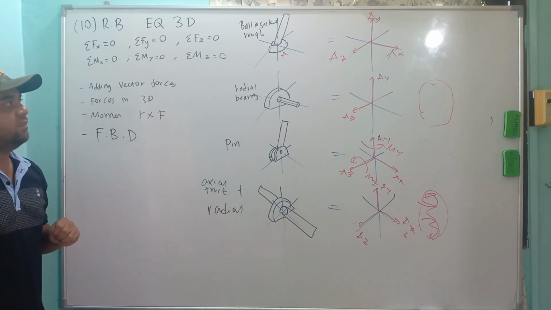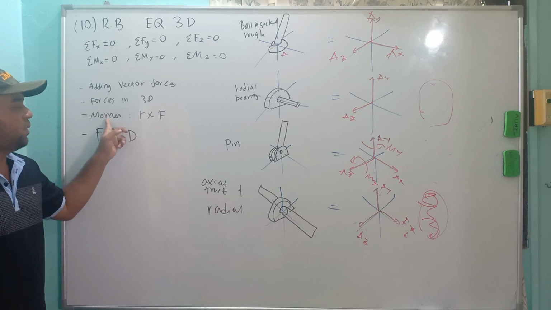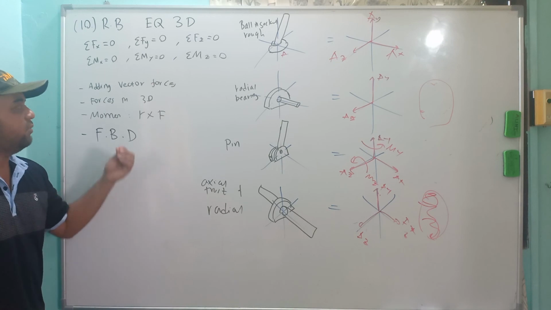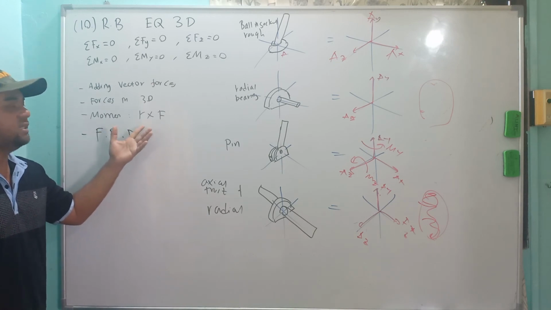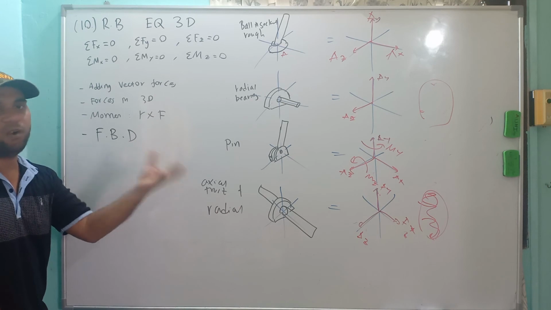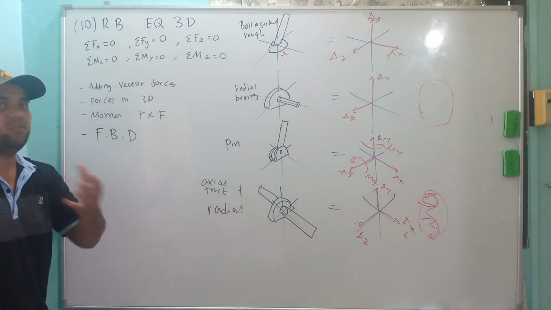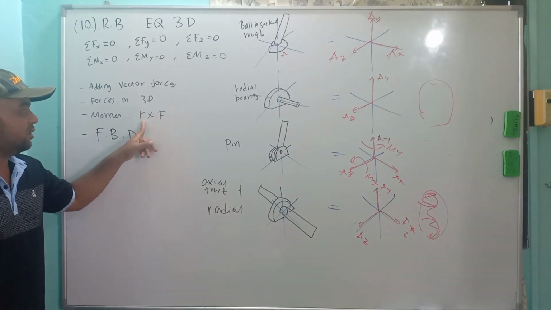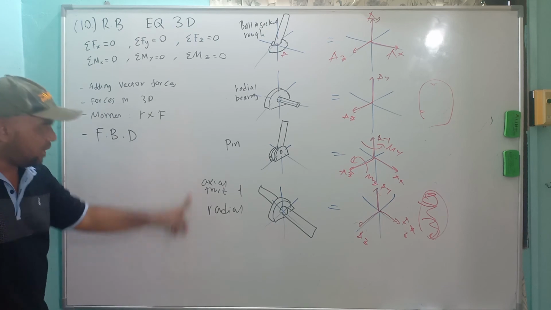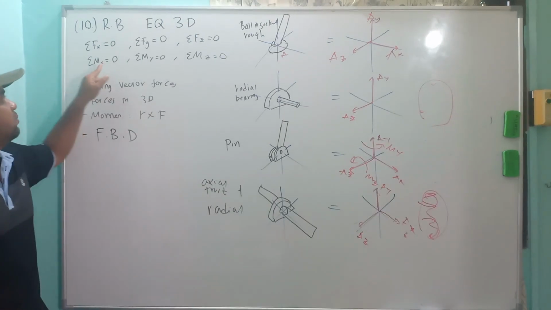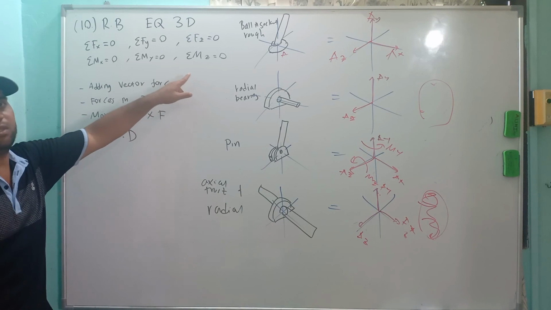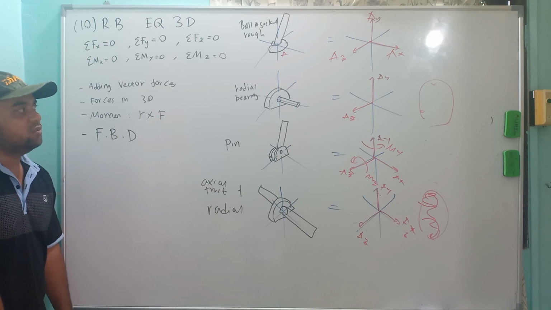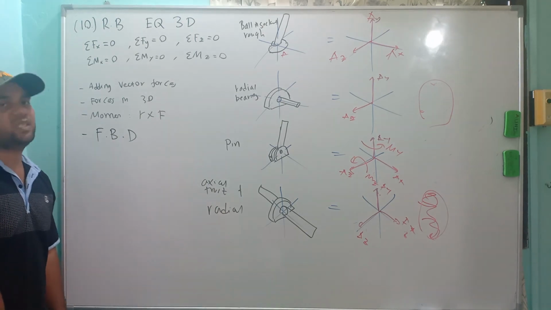Then I will do the same thing, but now for the moment. I will calculate the moment, choosing wisely the point that can eliminate some unknowns. Maybe there are several forces, so let's say we have 4 forces. 4 forces at different points will create 4 moment terms, and then you add together all the moments in x, y, and z. So you have 3 more equations, each equal to 0. Then you have 6 equations, and you can solve the problem. That's how you solve for equilibrium in 3 dimensions.